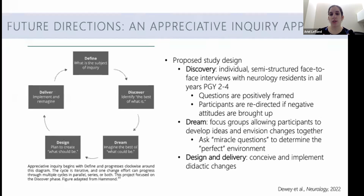Appreciative inquiry offers a unique approach with which to meaningfully innovate medical education. It uses affirmation, appreciation, and positive dialogue to change practices and meet the specific needs of an organization. It consists of 5 phases: define, discovery, dream, design, and deliver. The discovery phase focuses on valuing the best of what is or has been, and will involve individual semi-structured face-to-face